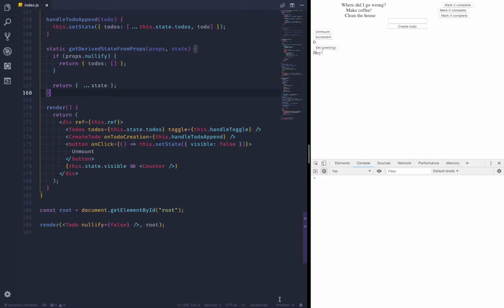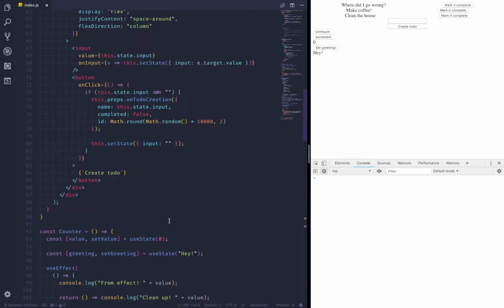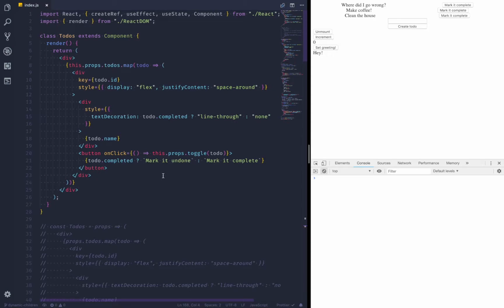go over why keys are necessary for optimal, not just performance, but optimal and reliable work in React when you have dynamic children. And by dynamic children, I mean something you map over, or you return a number of elements that are unknown at compile time. So for example, in our case, React doesn't know how many to-dos we'll have,